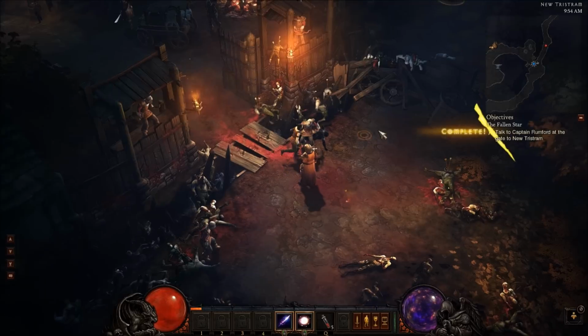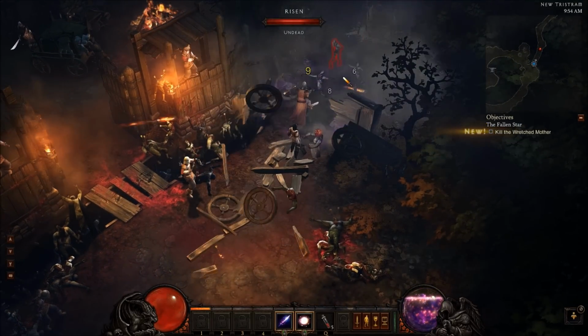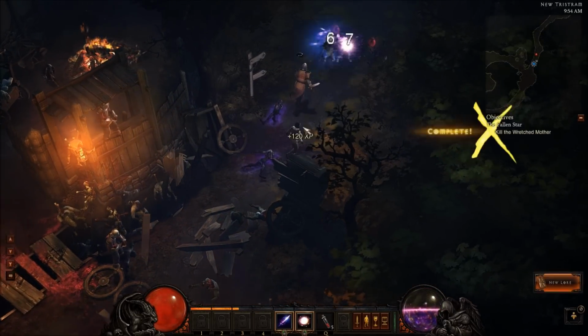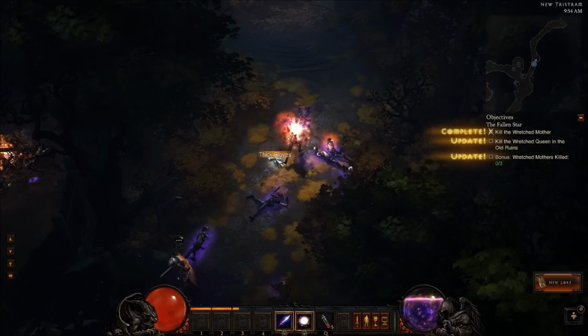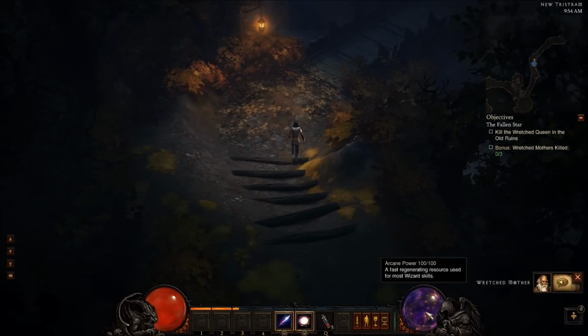The downside being I only have 100 arcane power, so I can't really spam it to death. But at this low of a level, I mean, it really doesn't matter because things die within a few hits, and as you can see, arcane power